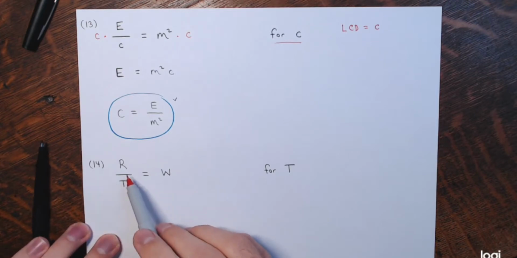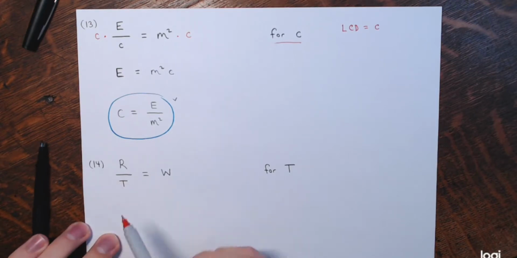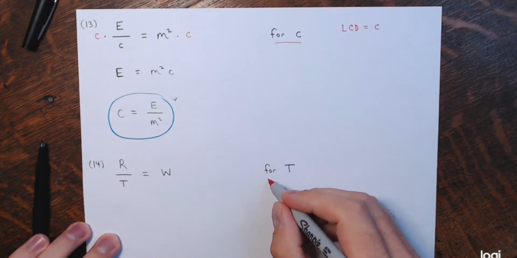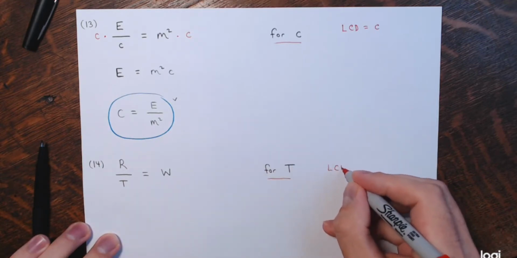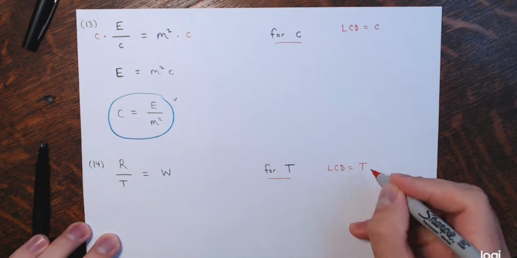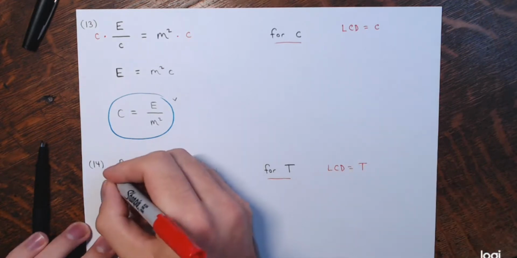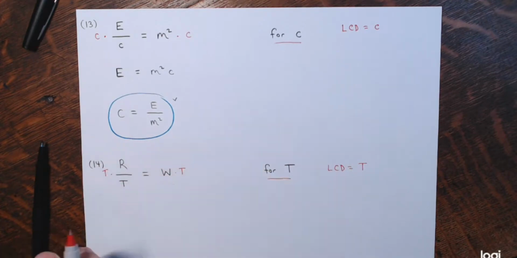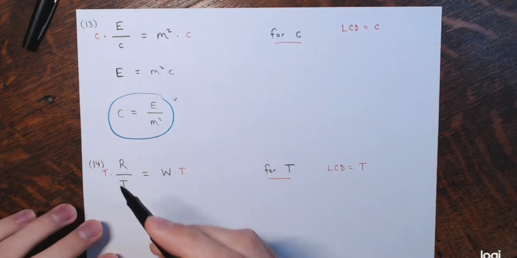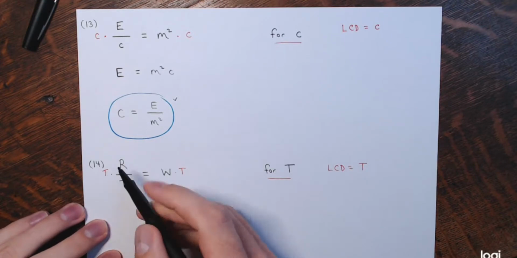Example 14. Again, very, very simple one. We're solving for capital T here, and that's the only denominator. So that is the LCD, this capital T. Multiply both sides by the capital T. Multiply both sides by the LCD. Left side, the t's will cancel. You'll have just r